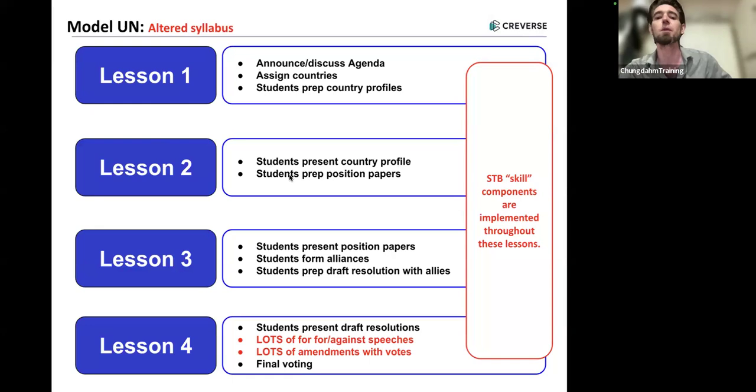And then the students will begin preparing, researching, and writing their position papers. At the beginning of week 3, students will present their position papers. And after all the students have presented, they're going to start forming their alliances. Throughout the Smart Textbook lesson, the students are going to learn how to write a draft resolution,